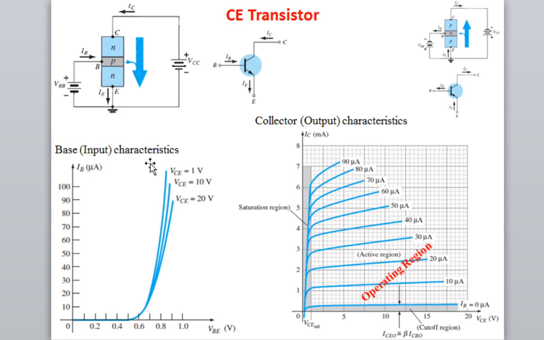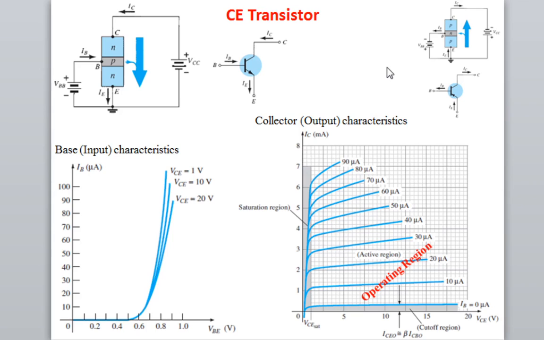This characteristics curve you have to measure by keeping VCE constant. So you first fix this voltage VCE, meaning you put VCC at some voltage, and this will give some voltage drop across the collector emitter junction. Let us say you first keep VCE at 1 volt, and then you increase VBE and measure the base current. So this characteristics curve will come like that. Similarly, if you further change the collector emitter voltage, let us say 10 volt, 20 volt, the characteristics curve remains the same, only the magnitude of current changes. So this is known as the input characteristics curve.